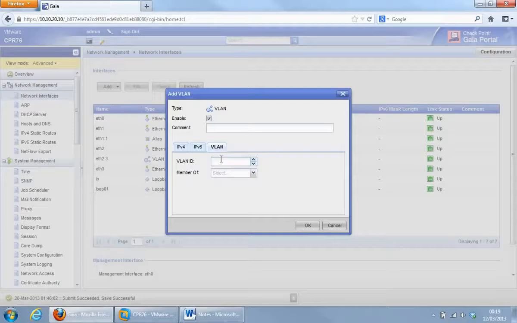For example, you may have 3 VLANs, so 3, 4 and 5, and you'd specify the member of physical interface. Let's say Ethernet 0 was our interface connected to the internal side of the network. You'd configure that here, and you'd configure the VLAN 3 here, you'd hit OK, you'd configure another one of these with VLAN 4 and another one with VLAN 5,